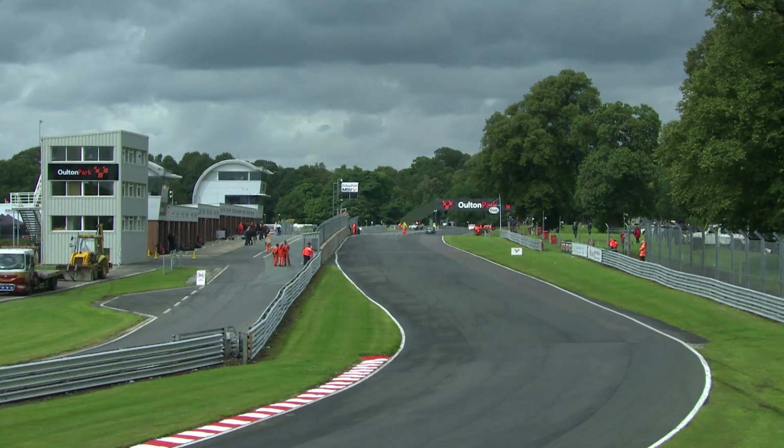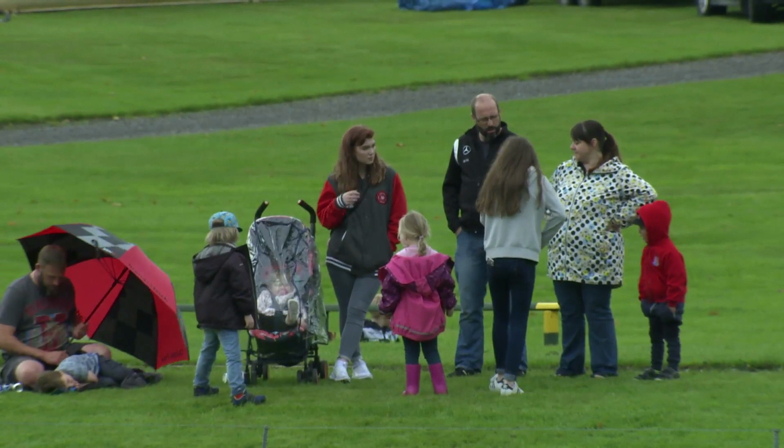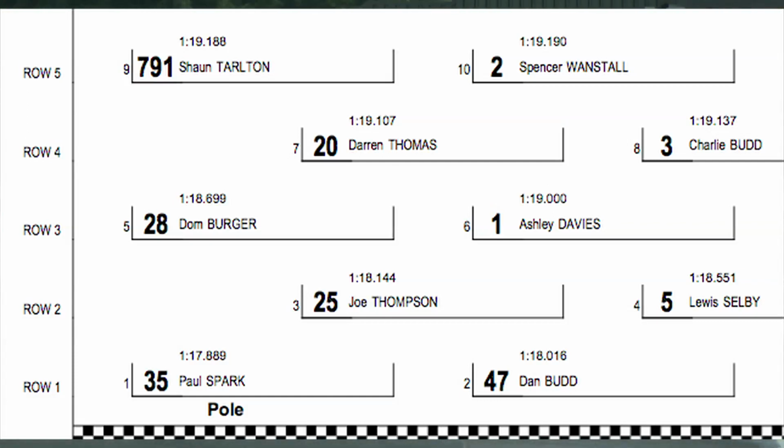Welcome to Oulton Park for round 12 of the 2017 Mini 7 Championship. Damp circuit as the cars head onto the grid in front of what is a large crowd assembled as part of the Mini Festival weekend. 4 times champion Paul Spark sits on pole position with Dan Budd alongside. Row 2 of the grid is Joe Thompson and Lewis Selby, with row 3 being Don Berger and the reigning